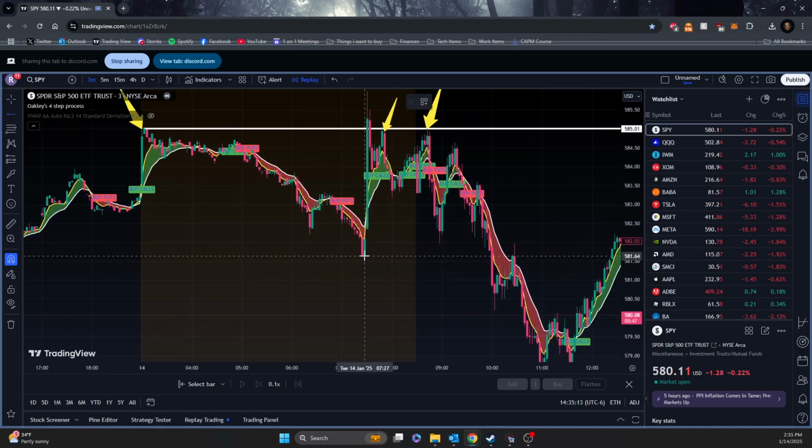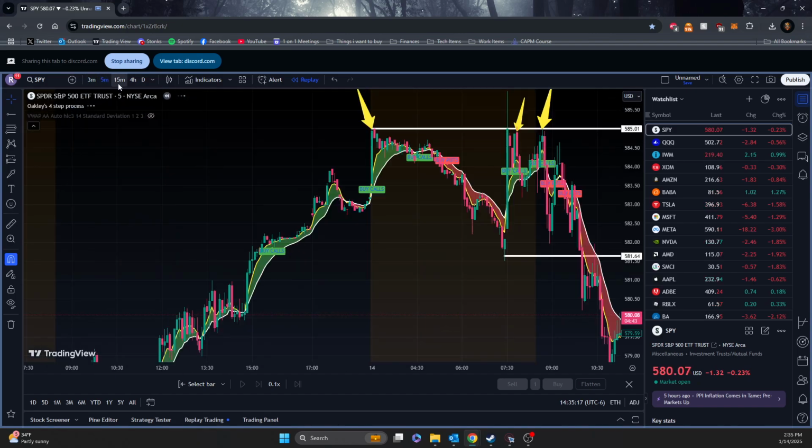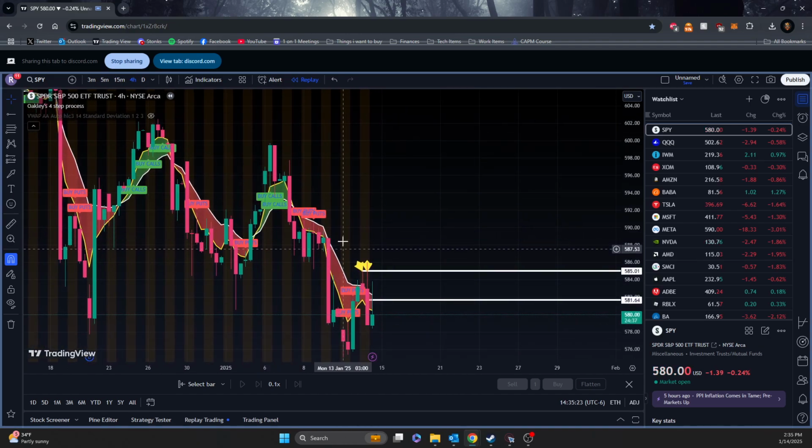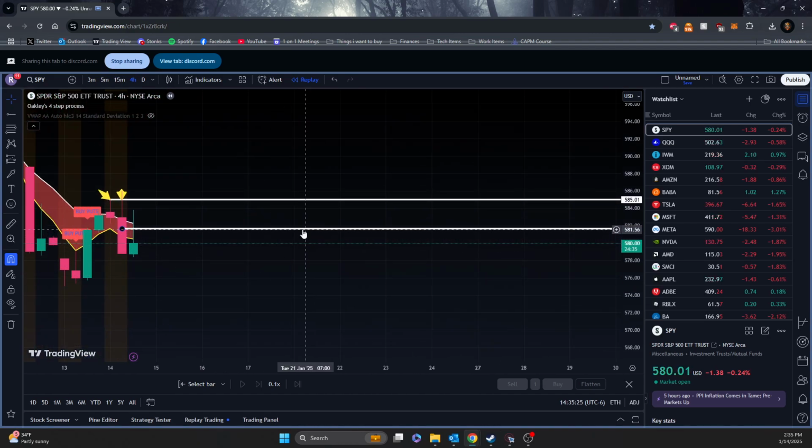And then the same with pre-market low. This is on the 3-minute. You can do it on the 5, the 15, or the 4-hour. It's going to be slightly different. If you want to do the 4-hour,